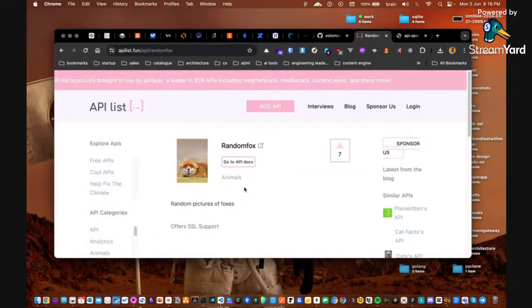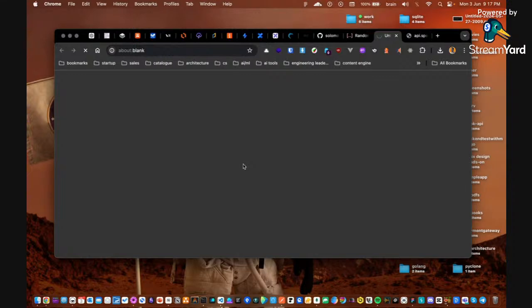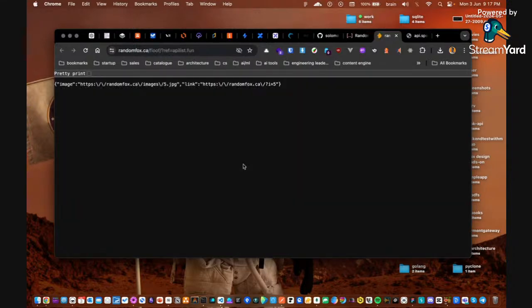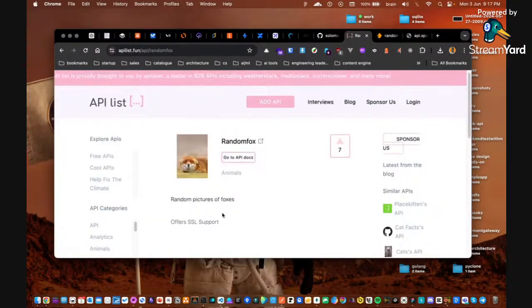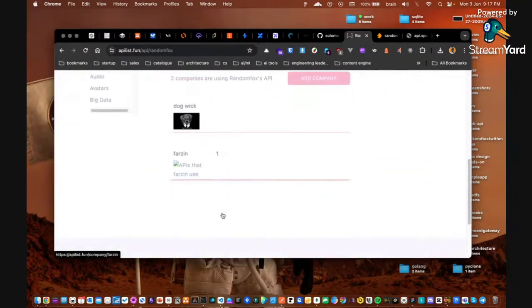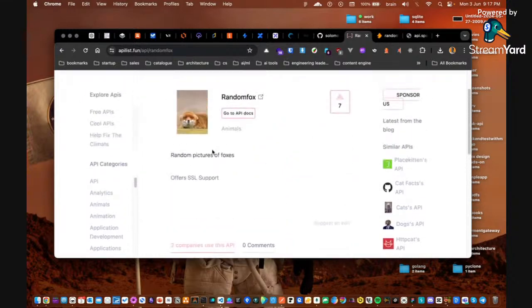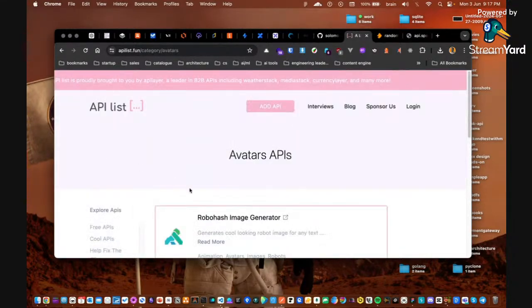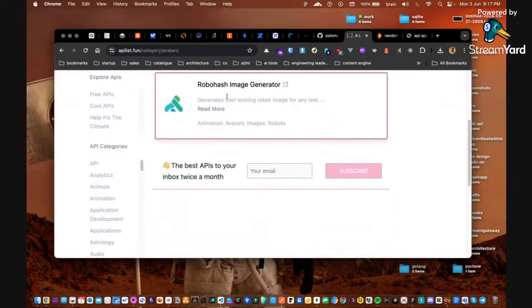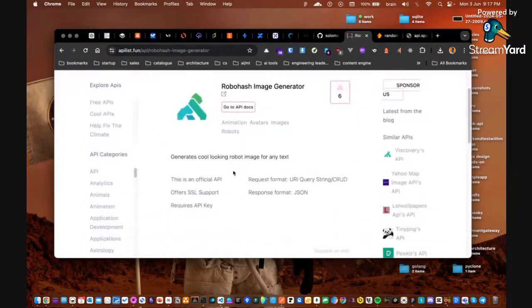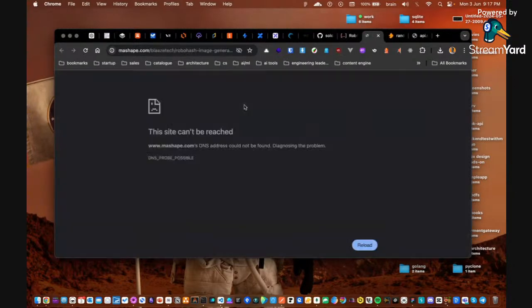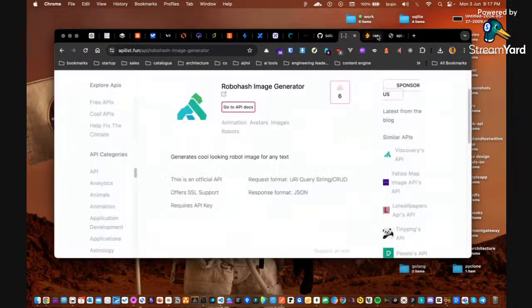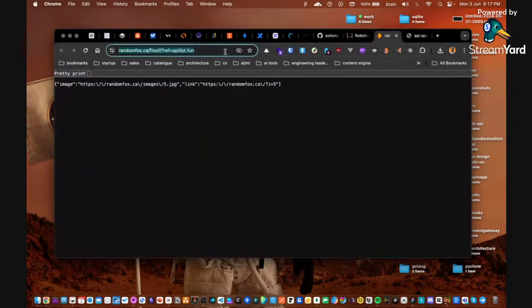Let's click on that. Go to API docs. Come on. Okay, so I really need to come back and read some of these things. Sure, there are ways to use some of these. We have a lot of free ones as well. But if we have to go through this list of errors and errors and errors,